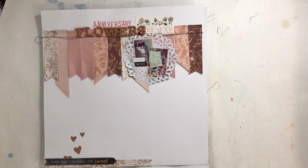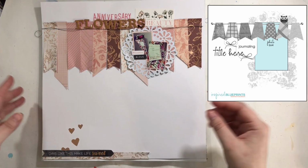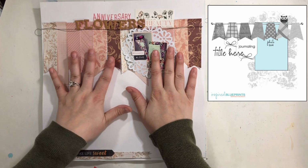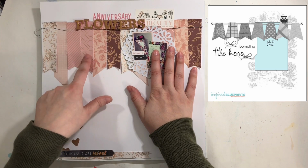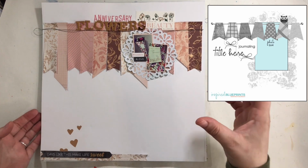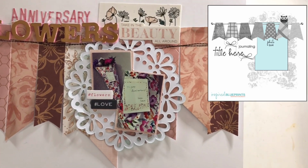All right, guys, we're in the home stretch. I know this has been a longer video. Here is, again, simplistic but striking. This is not how I expected this layout to go whatsoever, but I'm very happy with it. The colors were chosen because for Off the Board this month, we were all doing a wine theme, and I felt like these colors were the different shades of wines that you could drink. So that's what I started with, and then I struggled with what to go with, and so I ended up with these photos. Teeny tiny photos because they were supposed to go in a toddler's notebook,